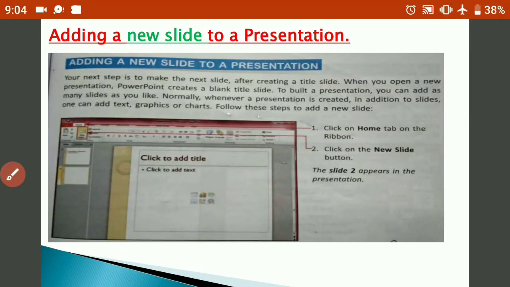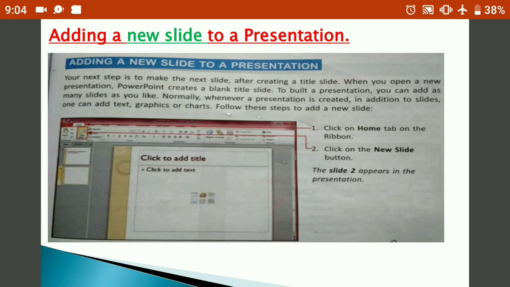Now next is adding a new slide to a presentation. Normally whenever a presentation is created, in addition to slides, one can add text, graphics or any chart. So follow these steps to add a new slide. How can you add a new slide?